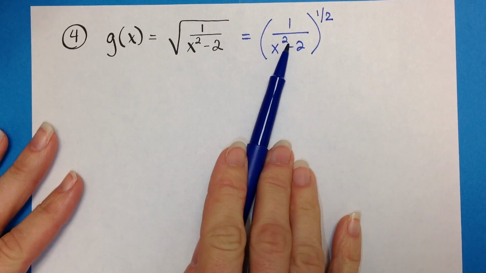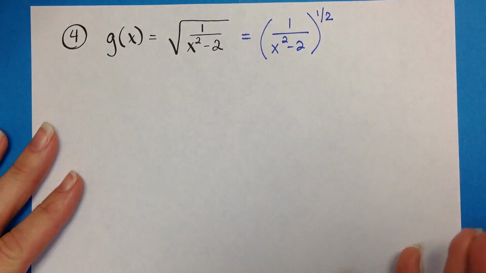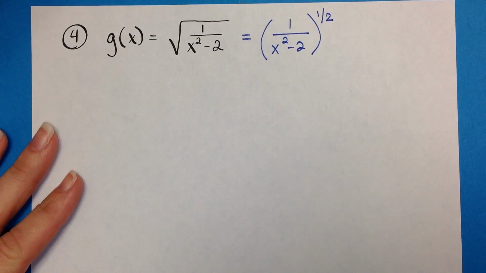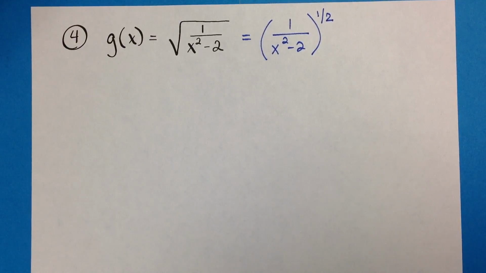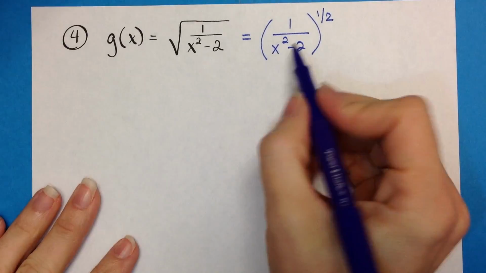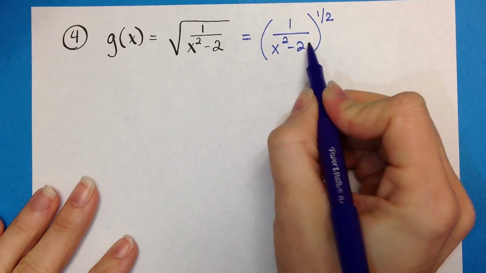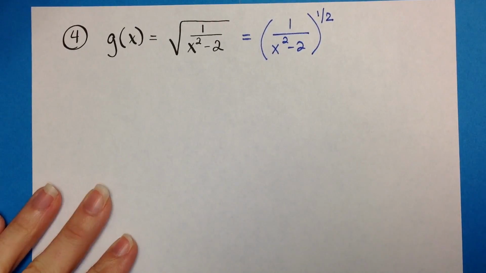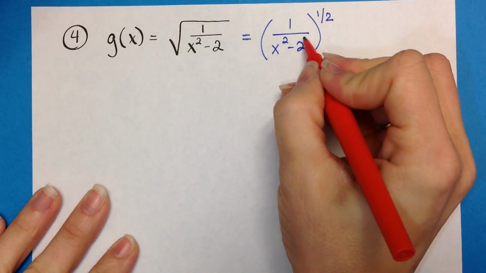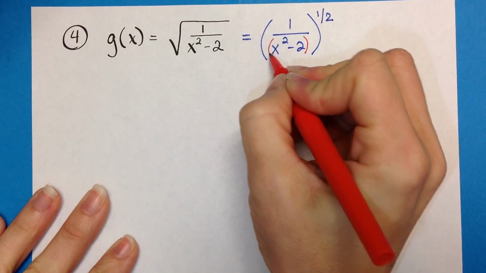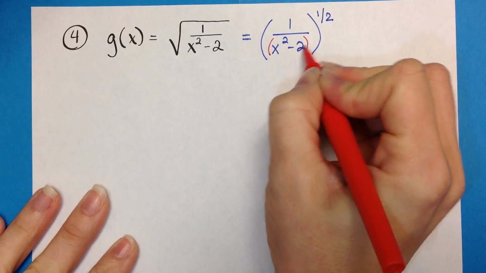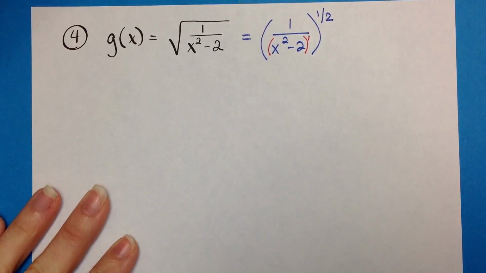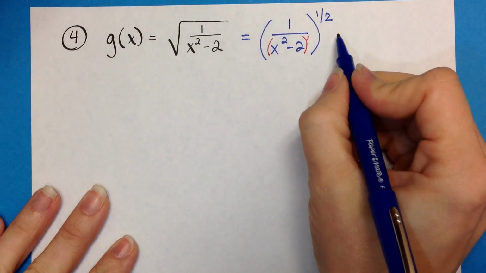Leaving it this way, you would have to do quotient rule, which again would work, but it's going to be a little bit more work that you would have to do. Here's what I would suggest on this one. This x squared minus 2, let me get this pen. You could, of course, put an exponent on all of this, which means it would be understood to be to the 1st power. So if I did that,